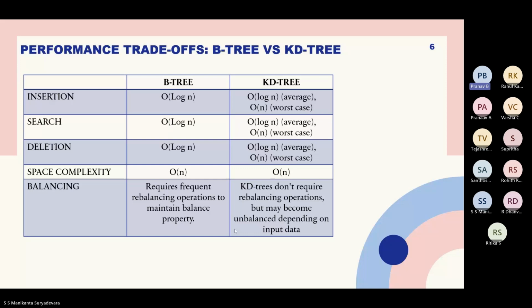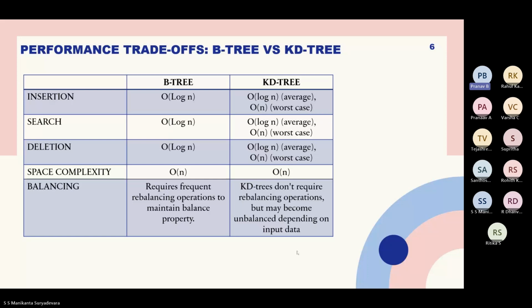And in KD tree, on average, it is big O of log n. But if the dimension increases or the input by the user increases, then the worst case happens, and the time complexity becomes big O of n. Similarly, it can be said for deletion and space complexity. Now let's come to the balancing part. B tree requires frequent rebalancing operations. So it may take much time, but KD trees don't require such rebalancing operations, but it may become unbalanced depending on the input data. So these are all the differences between B tree and KD tree, and they both have